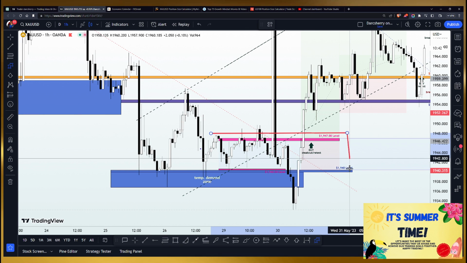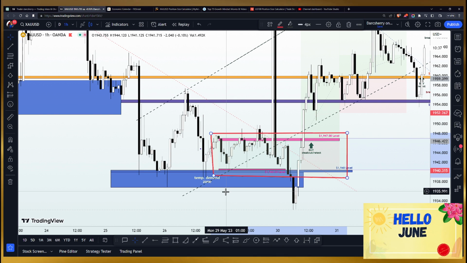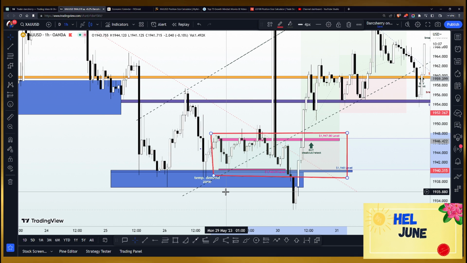So we had this choppy situation continue above the 1940, and this lasted about 24 to 36 hours, where our price action was trapped within the 1947 and the 1940, giving us an indecisive phase. This gave us a clue that participants in the market were still not sure of where price action would go, and the lingering US debt ceiling drama was still in the air. We also had the possibility that the Fed might increase interest rates based on the positive economic data coming in from the US last week. So this was quite a lot of attention in the market at that point in time.